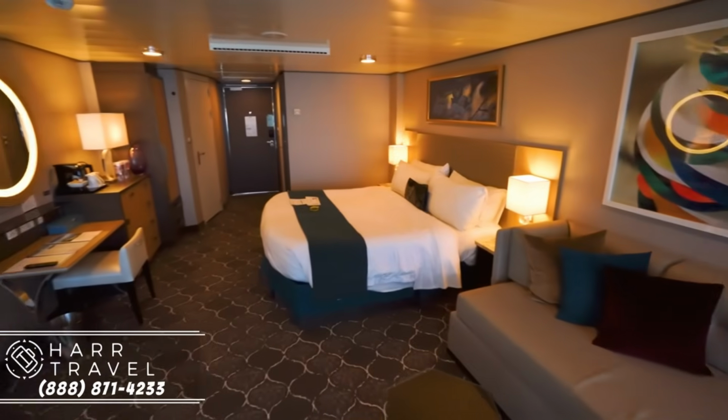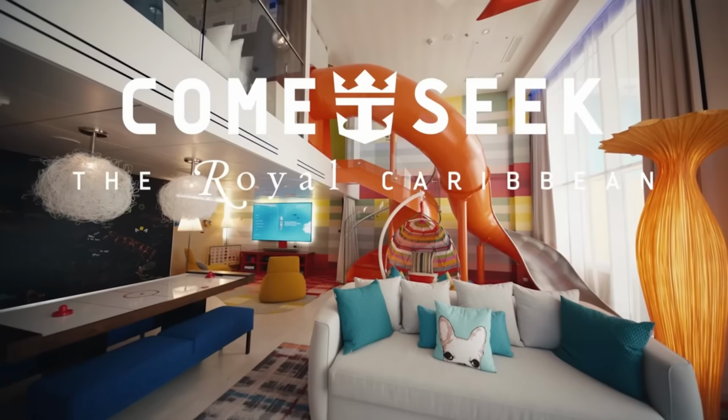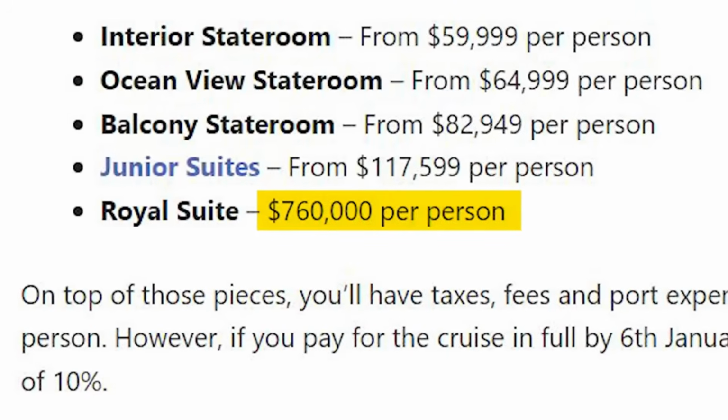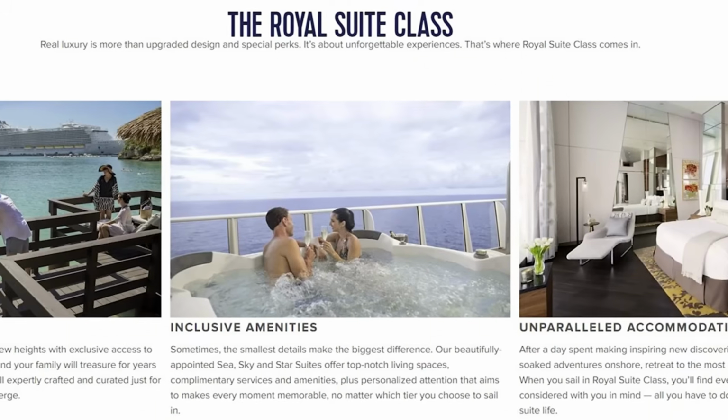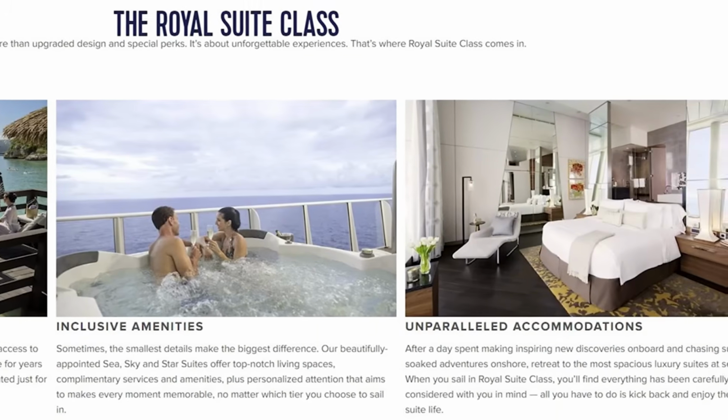If you move up a tier, the junior suite starts at $117,000, but if you want guaranteed windows, you can get the royal package for $760,000. That's it. This package includes top-notch living spaces, unparalleled accommodations, and complimentary services like getting to board the life